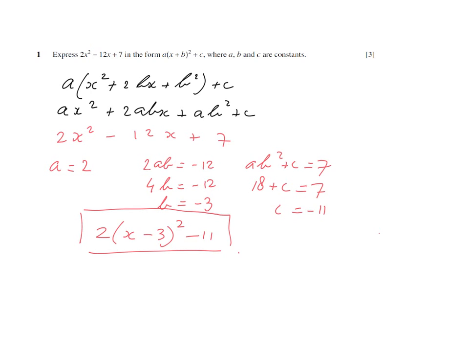So I take out the 2. There's several ways of doing this, by the way, but this is how I do it. 2 bracket x squared minus 6x plus 7. And then I'll try to turn it into a perfect square. So I divide the minus 6 by 2, so you're going to get x minus 3 squared plus 7. But if I now would expand this set of brackets, I would get x squared minus 6x plus 9. So I got to get rid of that plus 9, but that plus 9 you will also multiply by 2,